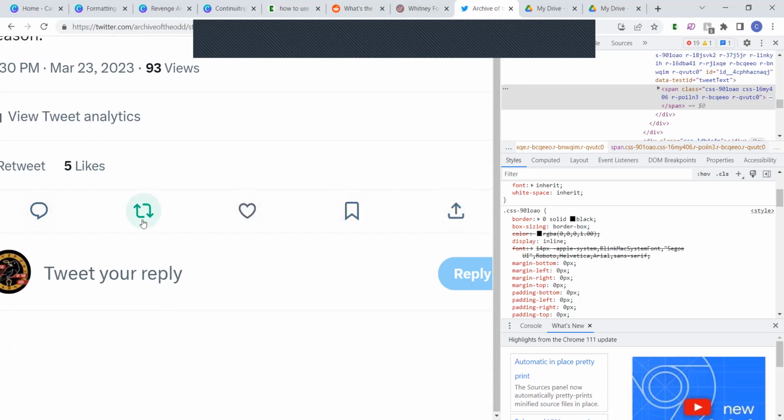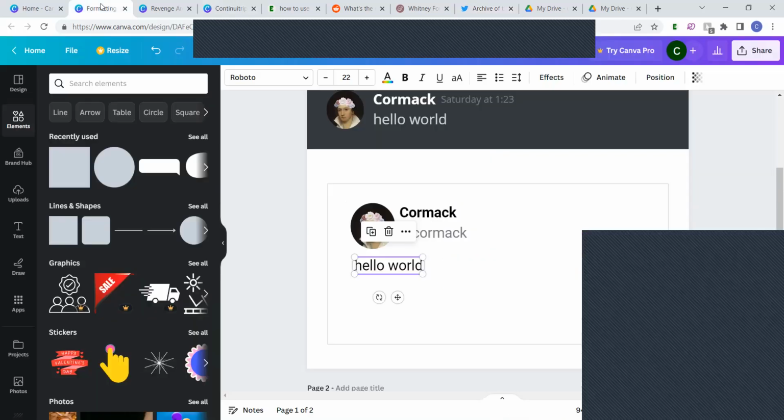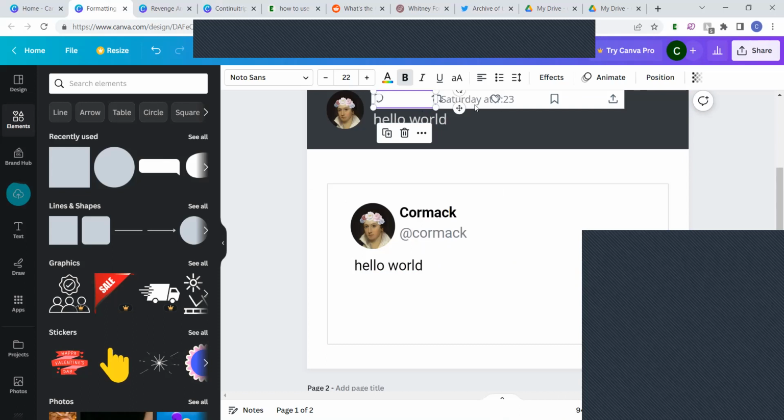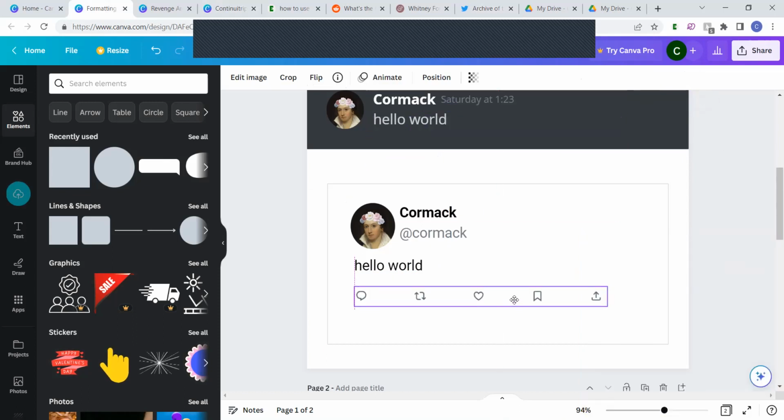And these things drive me nuts because I've never found a really good way of mocking them up. You'll notice if you look very closely, in most of Archive of the Odd, these little buttons are slightly off. I have not figured out a good way of doing it. Oftentimes, I just draw it freehand. You'll notice I have Adobe Sketchbook. I just remake it. In this case, if you are just doing this for fun and you do not care, you can screenshot them and put them in. Do not do that on something that you are then going to try to sell. But if you just want to mock things up,